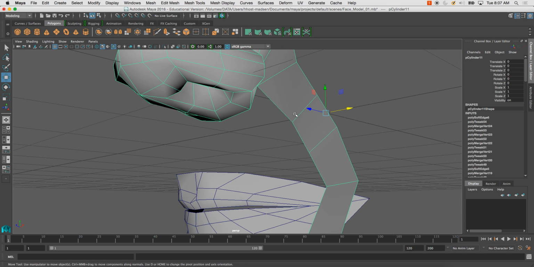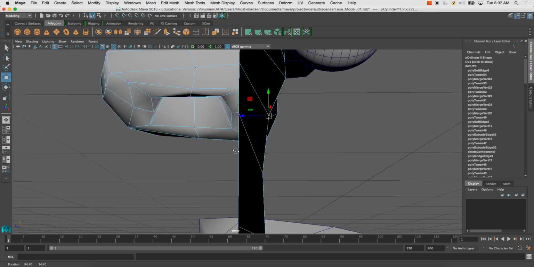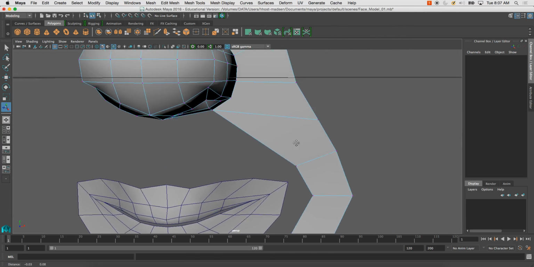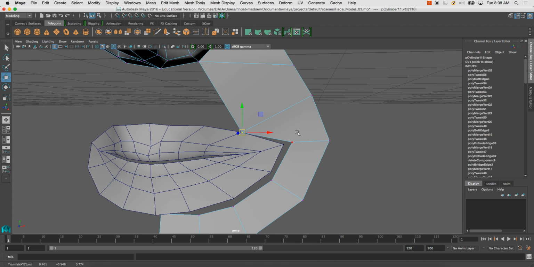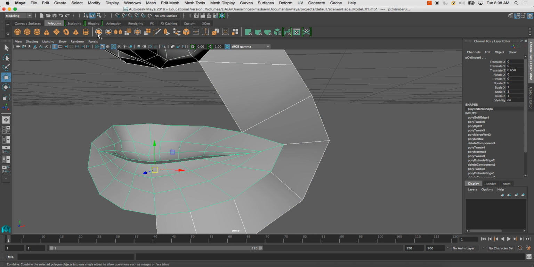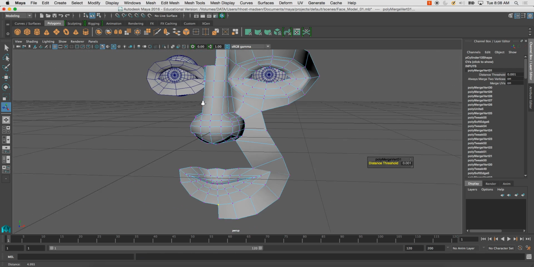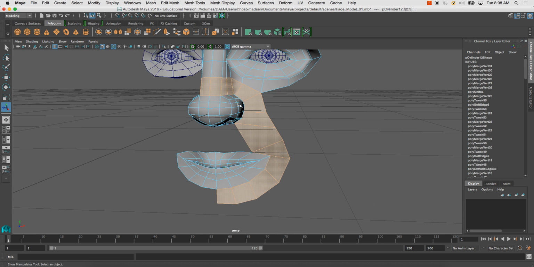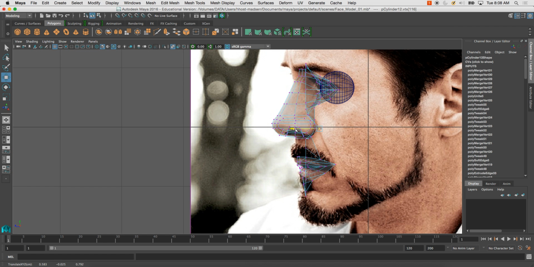Okay. And for the time being, I'm just going to combine this as well. Don't want it to look exactly like that, but it's not bad for now. Okay. Combine, merge. I'm starting to get that edge loop, if you see here. Got it going up to that point, and now I'm going to sort of begin